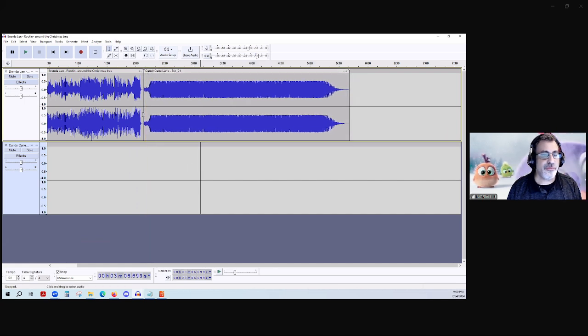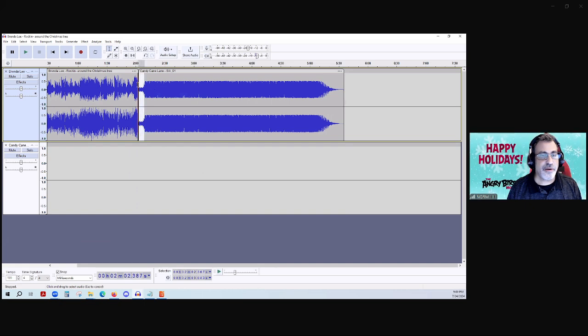Now, what I can do is I can get rid of this part here and move it over, and then I can do a crossfade. So it'll decrease one side and do the other. So I'm going to just do a cut here. I'm going to leave this the way it is. And now what I'm going to do here, I'm going to select this a little bit. And this will be like a radio edit, right? Where they go from one to the other.